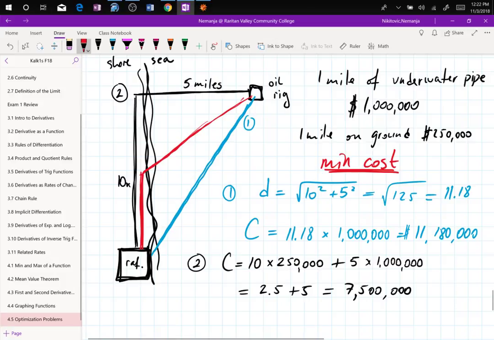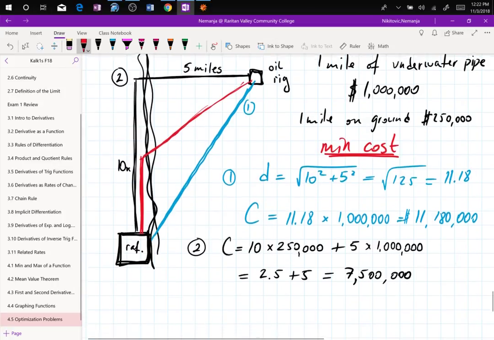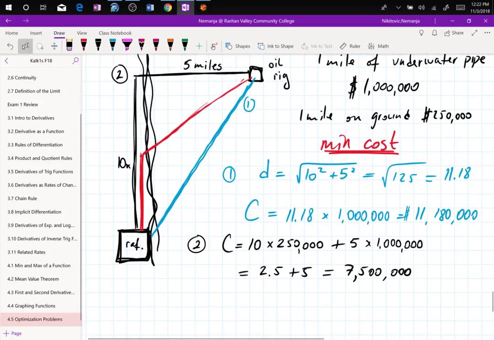You want to find the minimum cost using calculus, and that is going to go even lower than this, which is what they pay you big bucks for in the company. So how do you do this now? Well, you have your